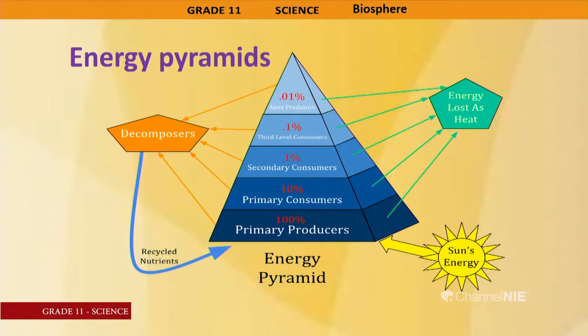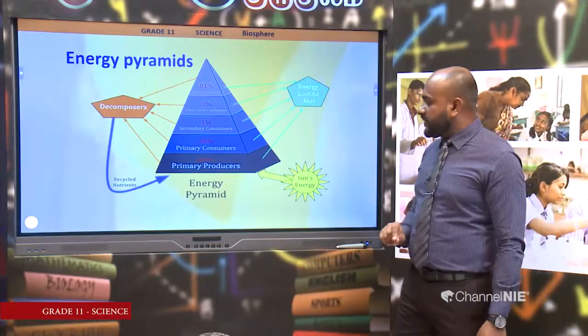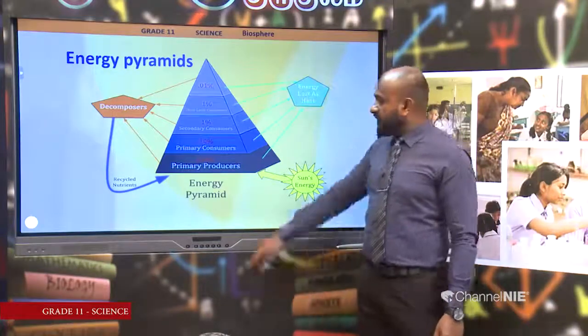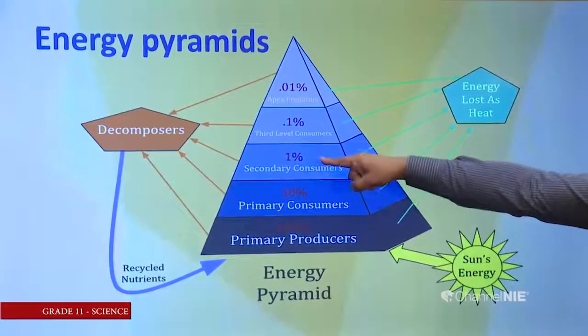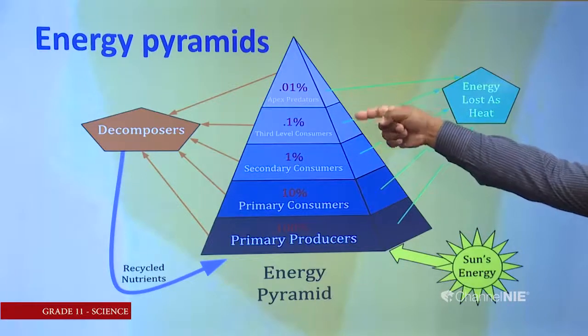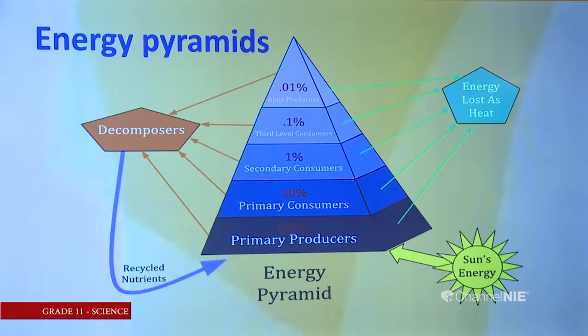Now, let us see as shown in the diagram here. Here primary producers have got 100% of energy, and how much have gone to primary consumers? 10%, and 10% of that has gone to secondary consumers, 10% of that has gone to third level consumers or tertiary consumers, and for apex predators only 0.01% from the third level consumers. So, you can see that there is a 90% energy loss.